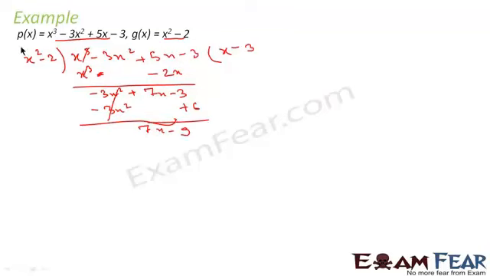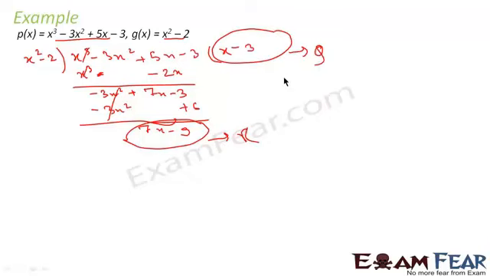Now since it is x squared, I can't do anything with the 7x. I can't divide it further. So this is my remainder, and this is my quotient, and that is the answer. Very simple. We first arranged this in the descending order, and then we used the Euclid formula. This was x squared, this was x cubed. So I multiplied x squared into x, which becomes x cubed. Correct? So this got cancelled here, right?